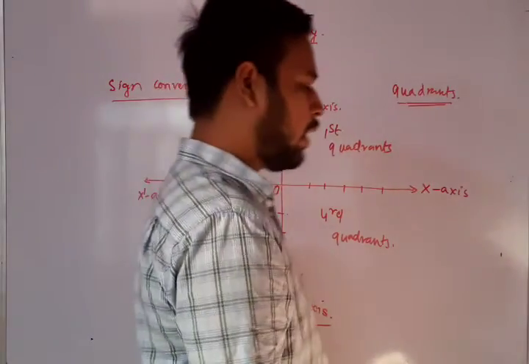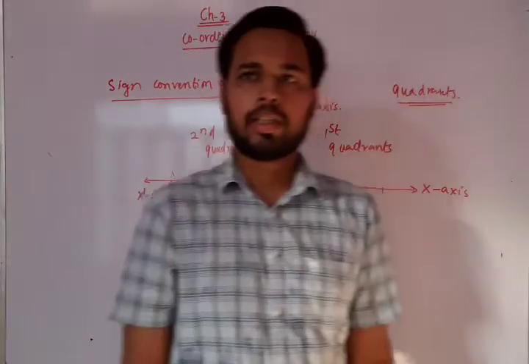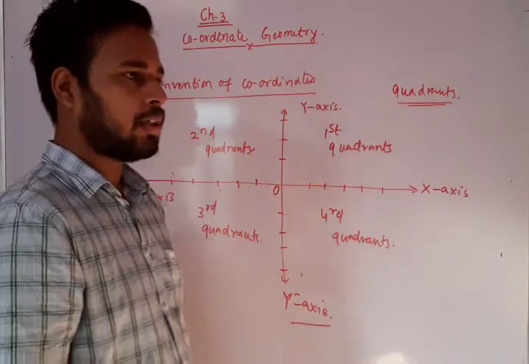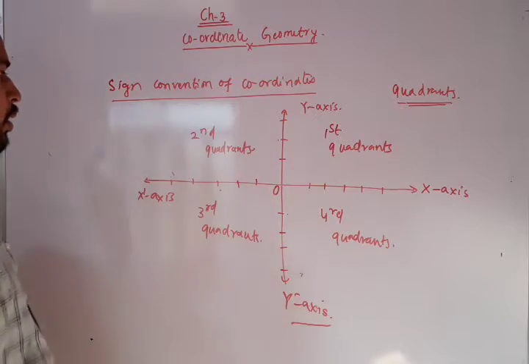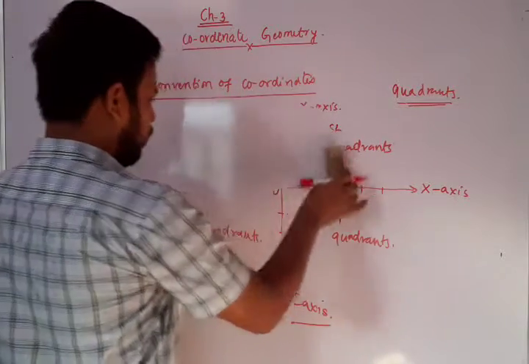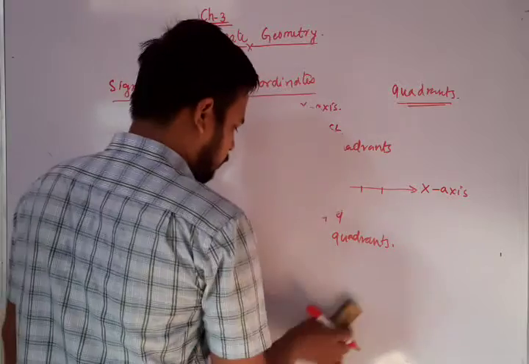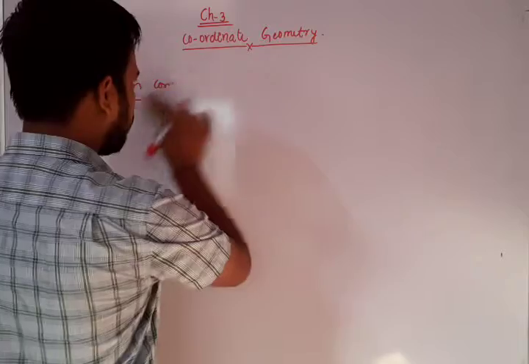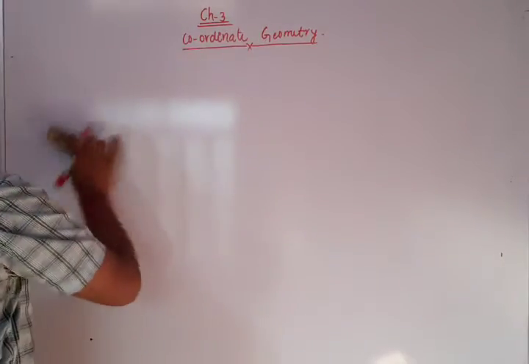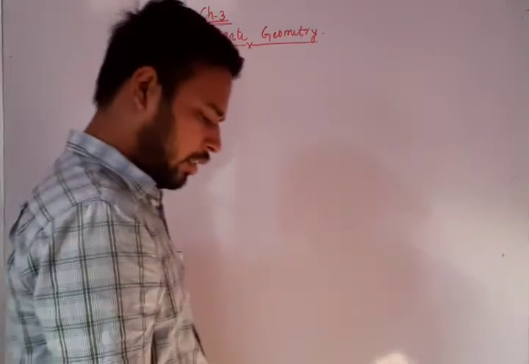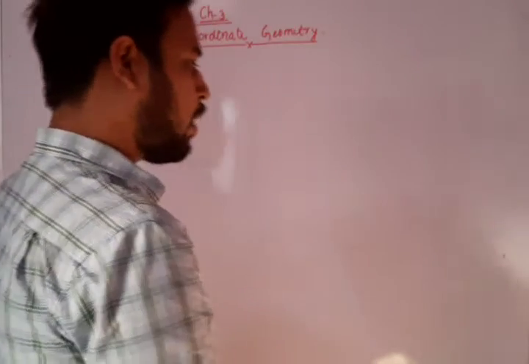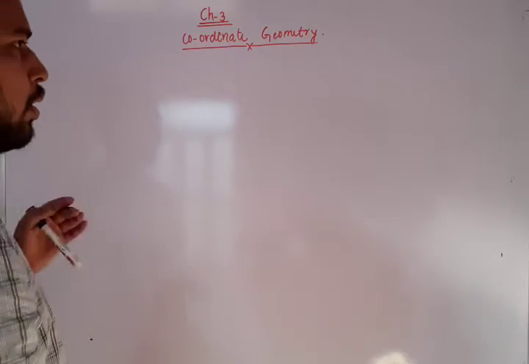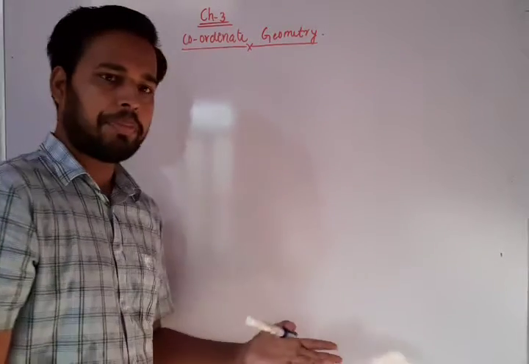Now plotting of coordinates we mainly do on the graph paper. We use graph paper for the plotting of points. Now we will move to the exercise. See exercise 3.1. It is very easy, and try to solve it by yourself. The first question is you have to explain the position of your study lamp. Now you are studying, where you are putting your study lamp, you have to explain.